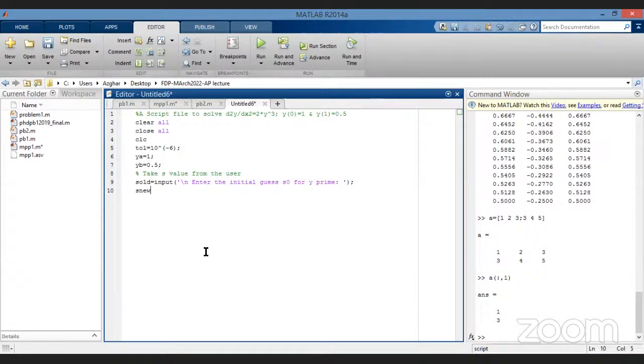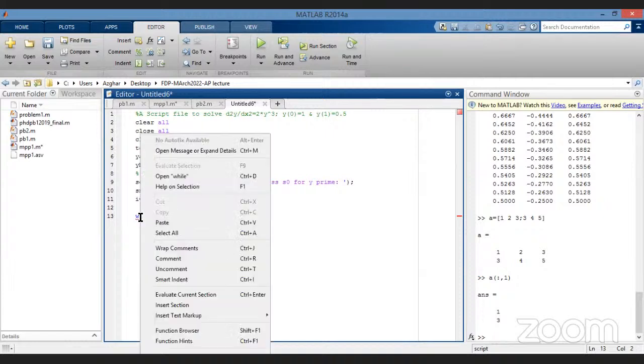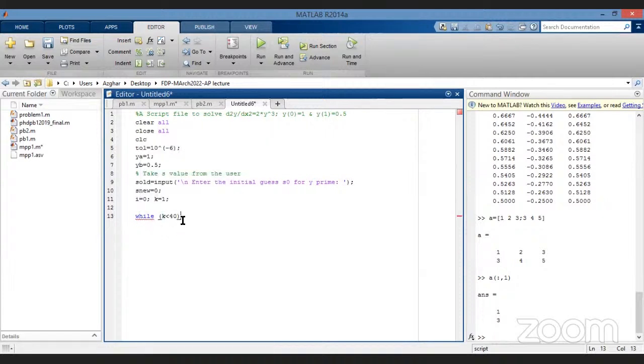So this command will wait for your input S old. S new, you initialize it. You can initialize it to any value. Initialize it as 0. Now I need these dummy variables. I'll tell you why. Take it as 0 and k equal to 1. I'll let you know what k and I are. I'll perform this iteration while k is less than some 40 iteration. So I'm saying perform maximum 40 iteration and do it. While k is less than 40,